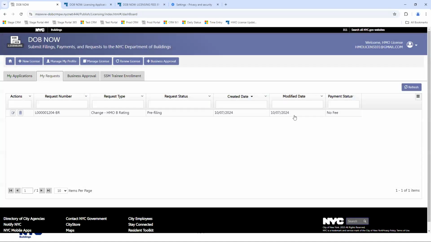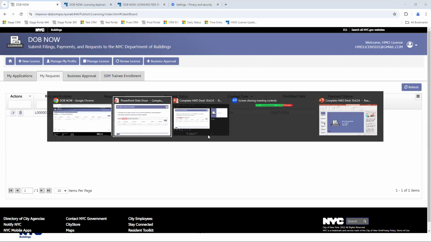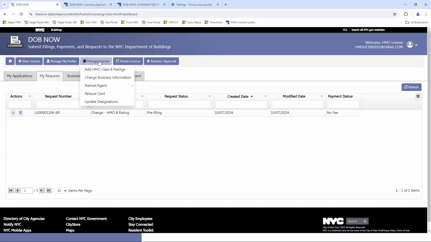So that's just something to be aware of if you have more than one request going on. So those are the things that we talked about under Manage License.